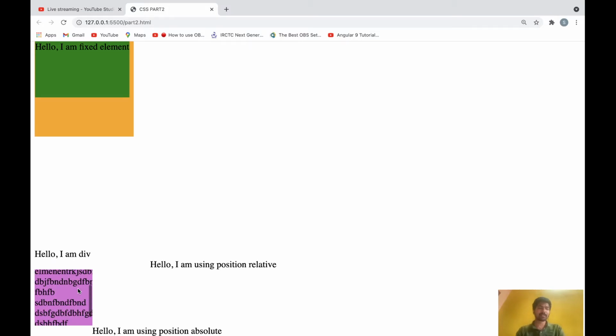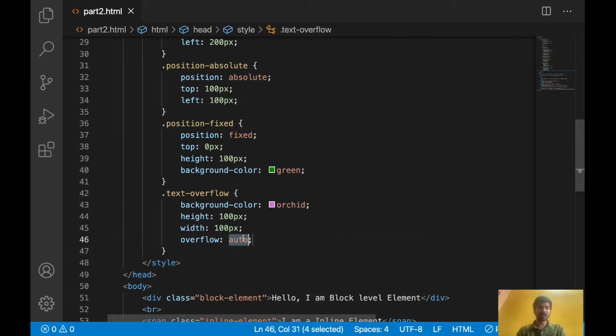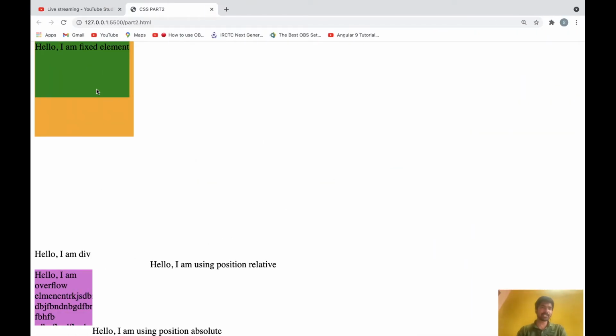Okay, one more property is there, overflow scroll. Overflow scroll is similar to overflow auto, but the scroll will display always. If you are using a Windows laptop, you will observe this. I am using a Mac laptop, so I cannot show you that exactly, because the scroll will not display always.